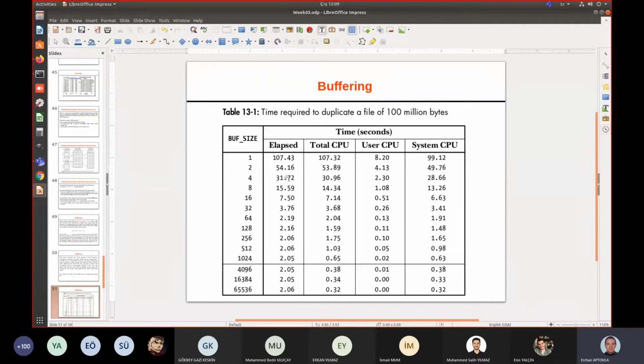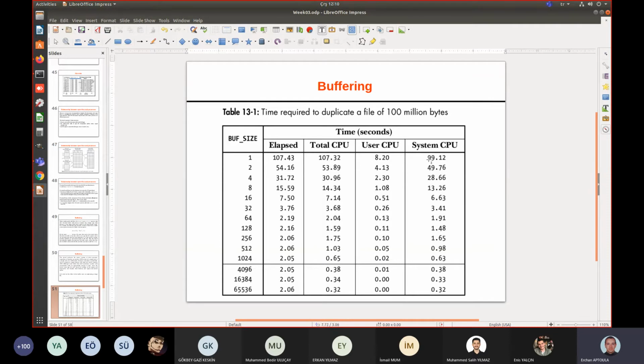Now, as you can see, the total time that is elapsed, of course, is way greater when you use a buffer size that is very small. Now, this buffer is not a kernel buffer. It is a user buffer. The kernel is still optimizing the number of disk accesses. You cannot control that, really. The kernel is still optimizing the number of disk accesses so that you will not make 100 million disk accesses while using a buffer of size 1. However, using a buffer of 1 at the user space is still way slower than a buffer of 64 kilobytes